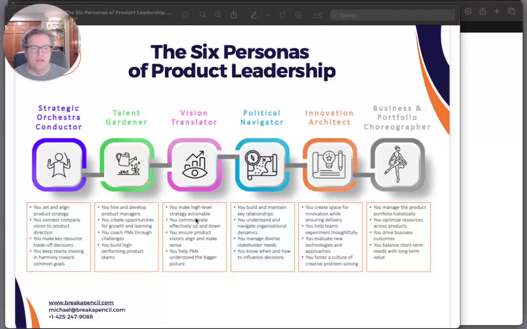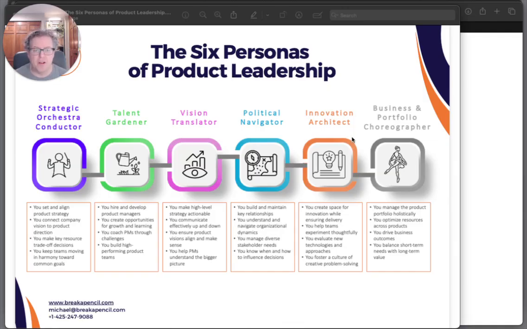Welcome back to our latest in Saturday morning coffee about the 6 personas of product leadership. Today is episode 5, and we're going to talk about the innovation architect. With each of these videos, I've been talking about one of the 6 personas of product leadership. These are roles that product leaders have to excel at and act as at varying times throughout their day, week and month. Today we're going to spend some time talking about how you can use AI to excel in that role.